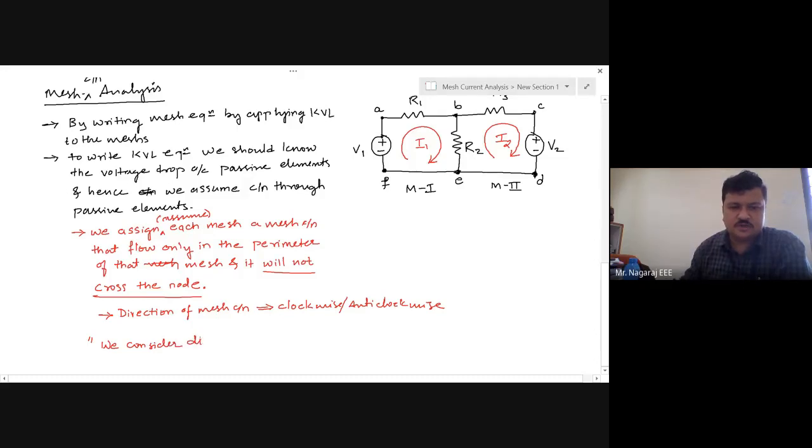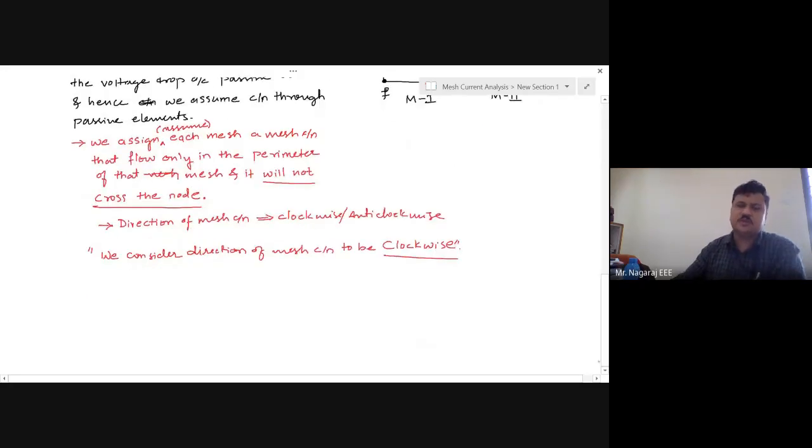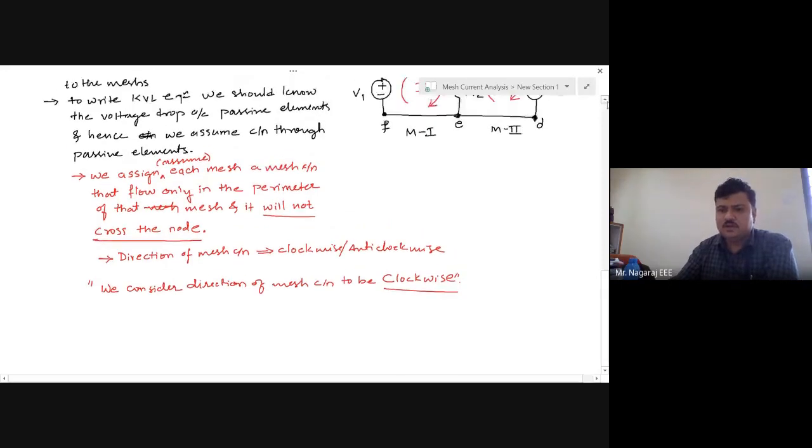So here we consider the direction of mesh current to be clockwise. In all the circuits that we solve hereafter, I consider the direction of mesh current clockwise. Okay. Now,